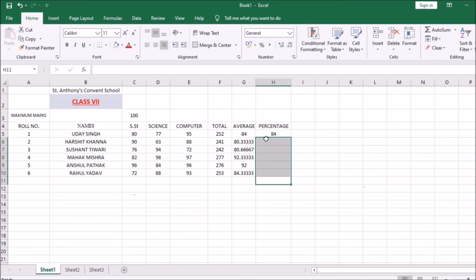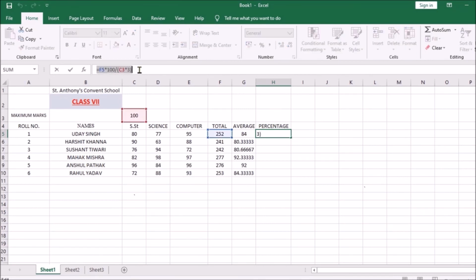Now what do I do to remove this problem? When you typed the formula, all the cell addresses used relative address, and you know there are three types of address: relative address, absolute address, and mixed address. So I have to make it a mixed address, because only the row is changing.